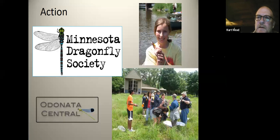That's kind of the migration talk. Well, okay, so to continue the migration talk, it was thought for a while that all green darners migrated, but then I would find in June newly emerged common green darners that couldn't have migrated up because they were too young, and other people noticed the same thing. And now we know that they're not two distinct populations, but there's two distinct strategies